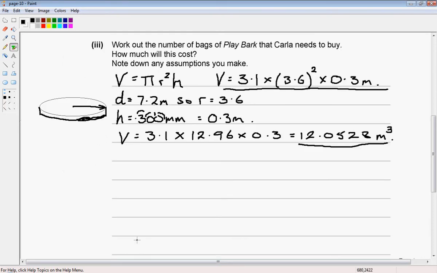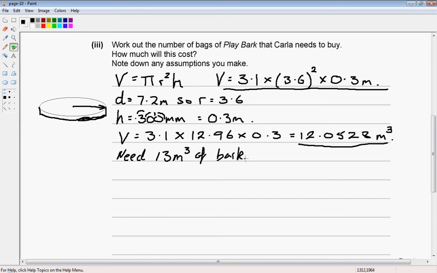So if we go back to our question, we need to round this again up to the nearest cubic meter. Okay, meters cubed is the same as cubic meters. So we can say we need 13 meters cubed